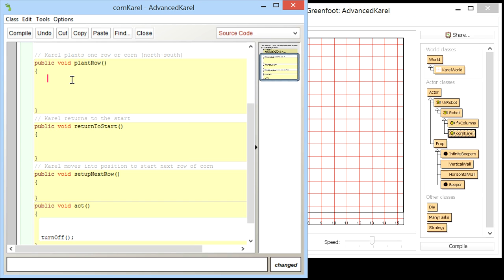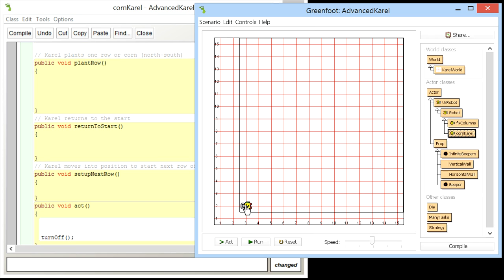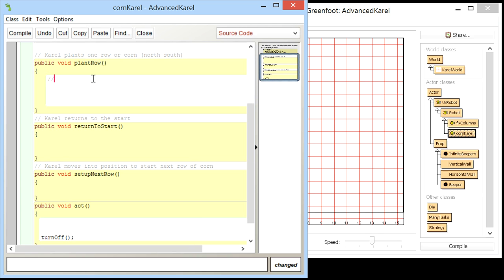So I'm going to start with a couple lines of code that'll make sure it's facing north. And by the way, these are what are known as preconditions. I'm not saying a precondition of planting a row is that it has to be facing north. I don't care which direction Karel is facing. I'm going to accept that, and I'm going to make it face north. So my precondition is Karel can face any direction it wants, but I think it needs to be at the bottom of the row. If I was going to list my preconditions, and it's actually a really good thing to do,